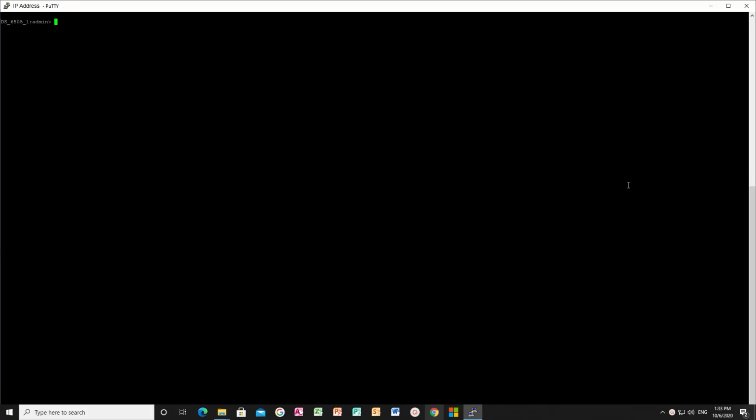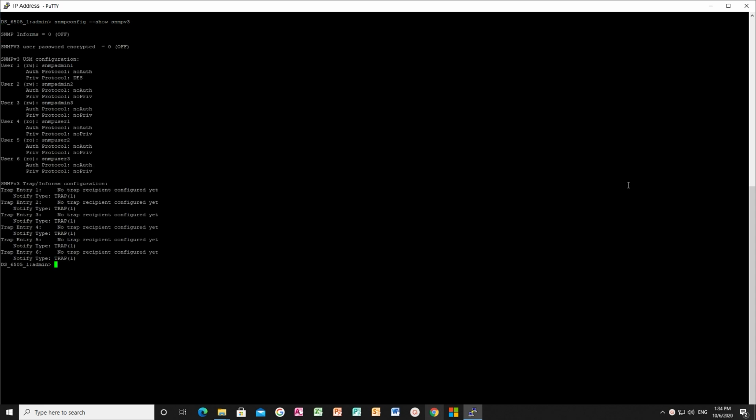Log into the switch via SSH/Telnet. Run the command snmp config-show snmp v3 command to verify the current SNMP v3 configuration on the switch. Currently there are no trap recipients configured on the switch.